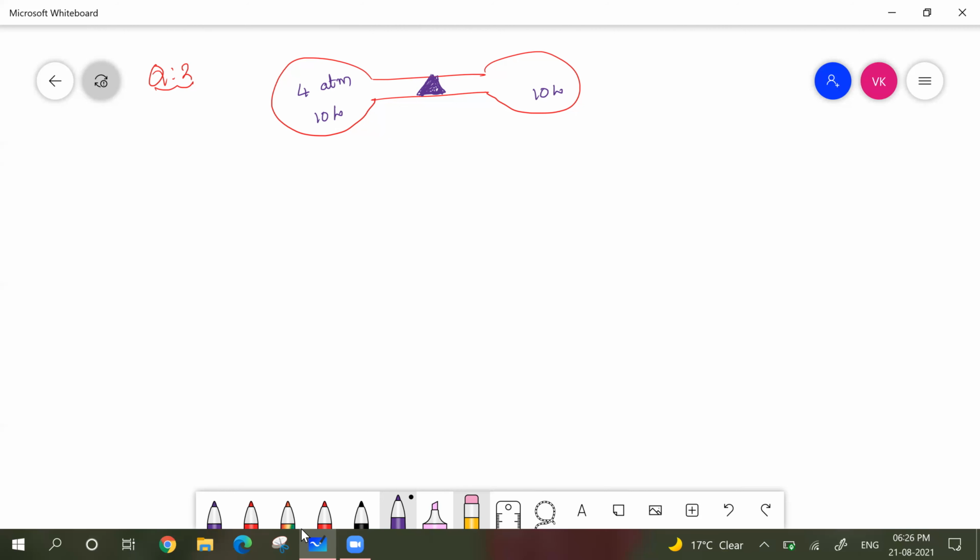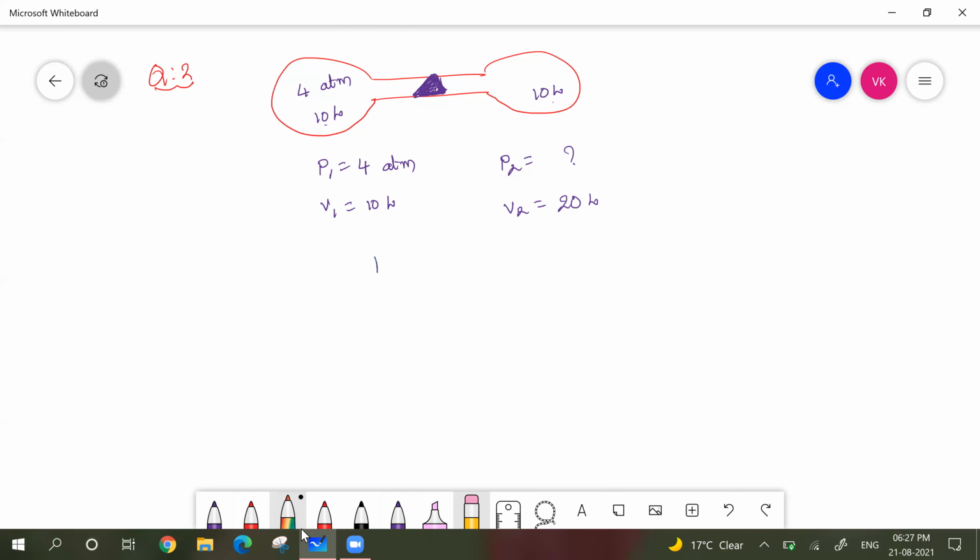Okay, so when you just remove this one, when it is open, what pressure of the gas will it be? So find the pressure of the gas here. So total pressure. Okay, here P1 is equal to 4 atmospheres and V1 is equal to 10 liters. P2 you need to find out, and what is the V2? V2 means when you open this. So when you open this, here we have 10 liters, here we have 10 liters. Together it becomes 20 liters.